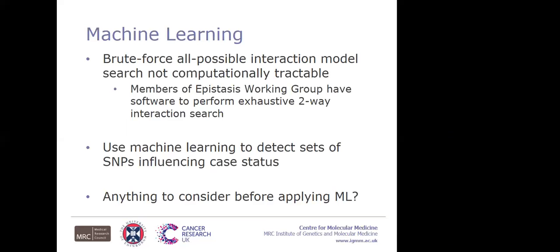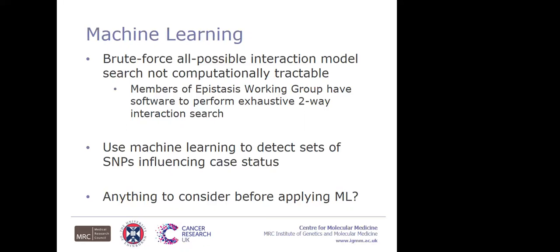All possible interaction model search is not really computationally tractable at the moment, given the sizes of the PGC2 and soon to be PGC3 data sets. But I will highlight that there are members of the upper stage that have software to perform all possible two-way interaction search in genome-wide data, and I can put you in touch with them if you send me an email